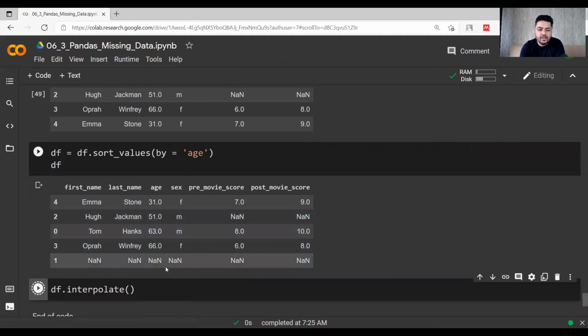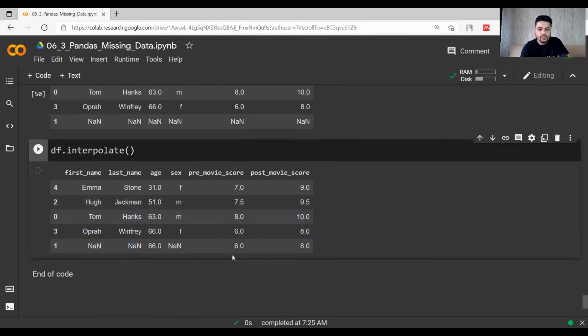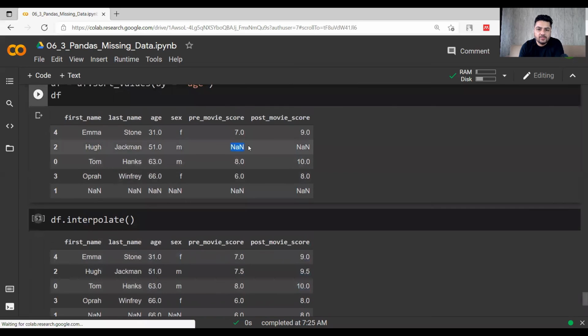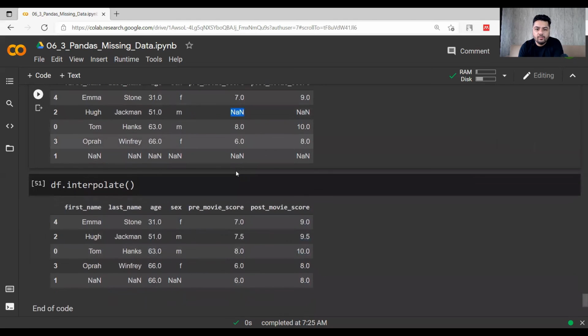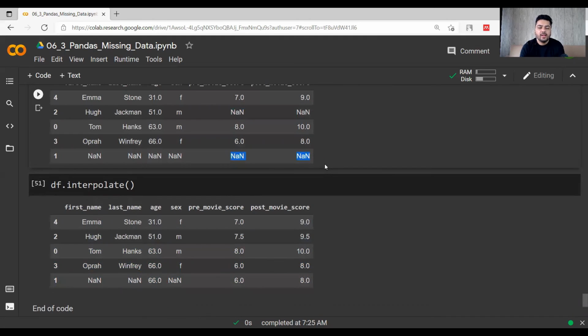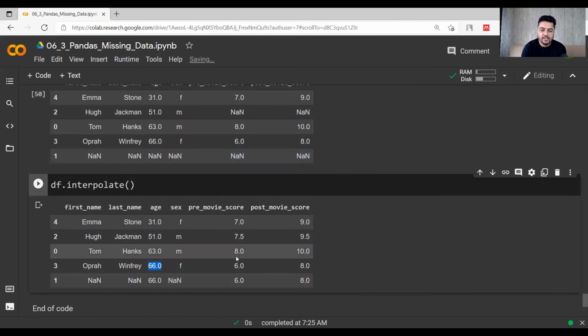So if I run my interpolate function on it, notice that now because this NaN value was there, 7.5, 9.5, and even for this last row, what has been done is, average has not been taken, but the previous latest value has been taken. So 6, 8 and 66 have been copied into this last row.